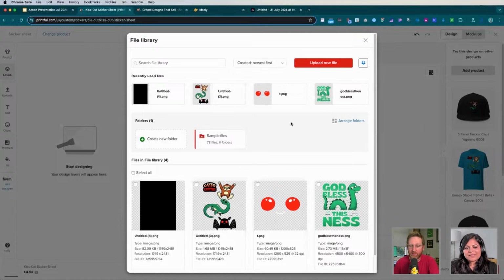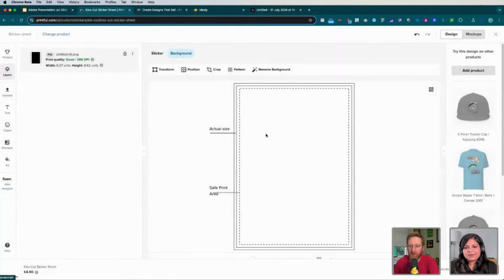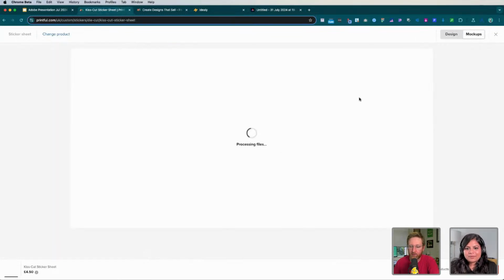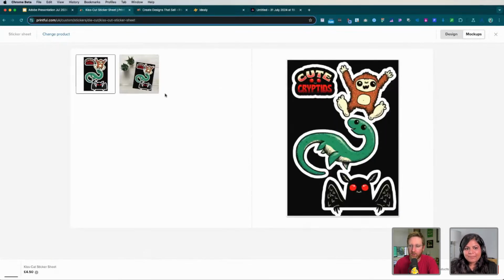Maybe you can include text information like your Instagram handle, or a QR code maybe for your shop or something similar. So you can see here what Printful does is that it then generates the mockup and shows you essentially what you're going to get, which is the top layer.